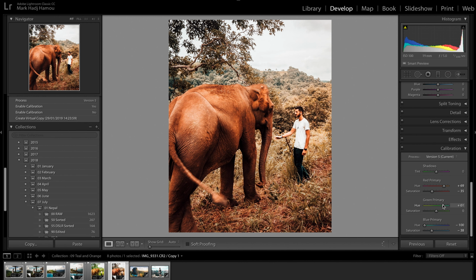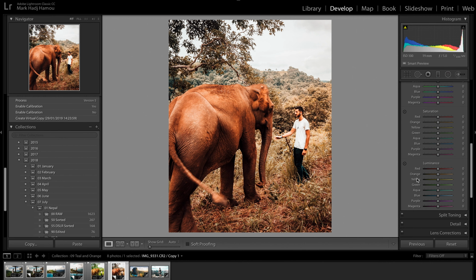Now this takes a bit of practice. It's all about understanding how your image works and how those colors work. It is a little bit tricky to foresee what pulling the blue, the green and the red does with calibration, but with a little bit of practice, you'll be able to suss out what potential the image has. So for this one, I'm quite happy with how it stands now,